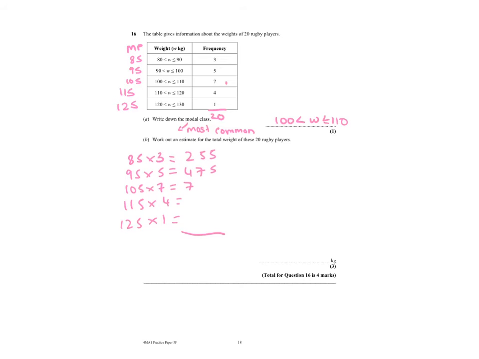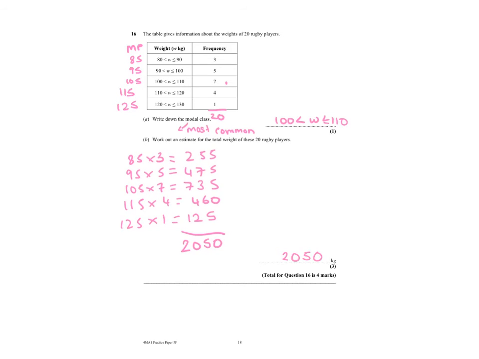Nope, that does not make sense because it should end in a 5 or a 0. 735, 115 times 4, 460, and 125 times 1 is 125. So now I'm going to add them all together. Please always double check when you're using a calculator and use common sense, just like I did then. I realised it shouldn't end in a 9. So I double checked and I'd accidentally put 9 instead of 5. So the total is